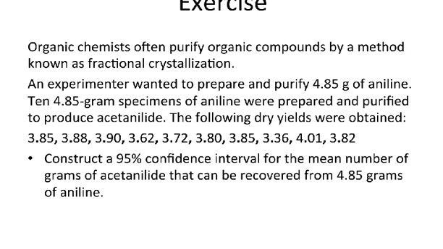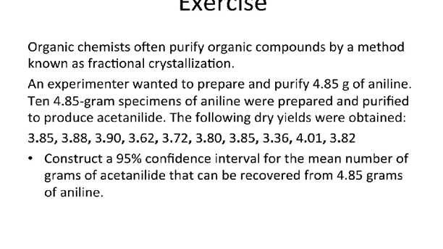So you have 10 data points if you take a look at that, and we want to build again a 95% confidence interval for the mean number of grams that can be recovered from that amount of grams of